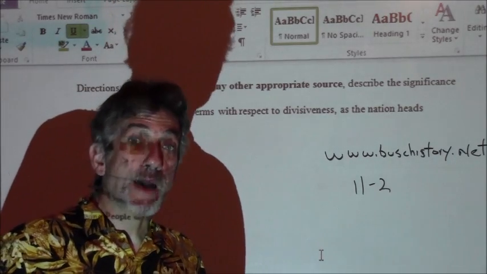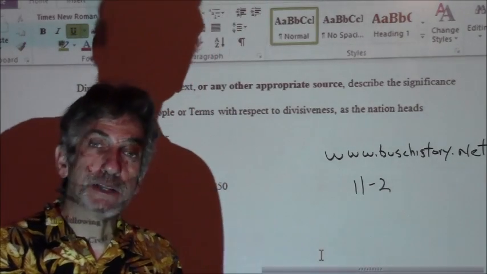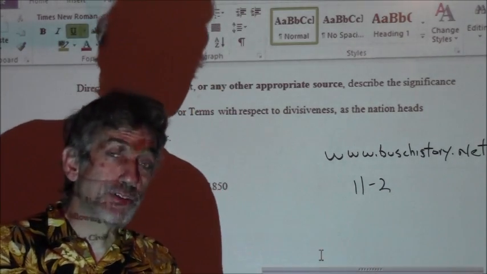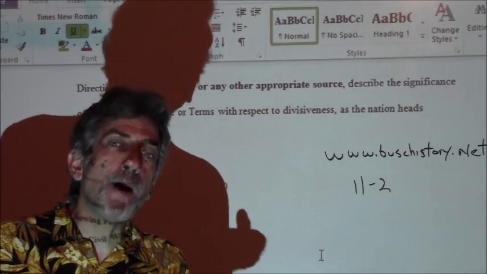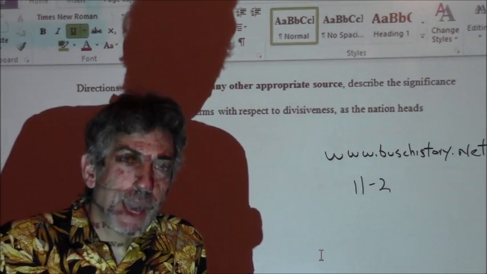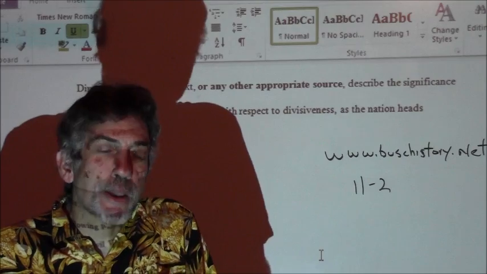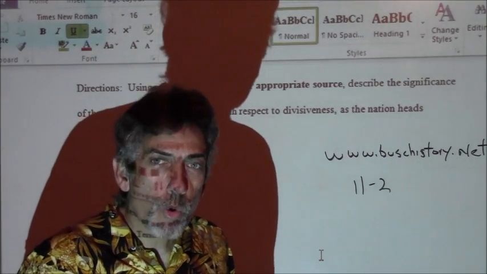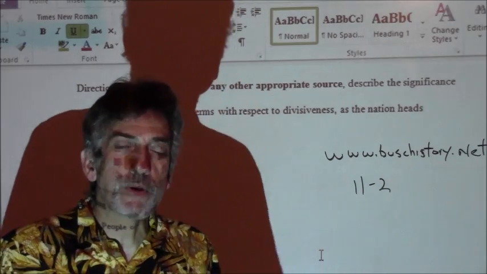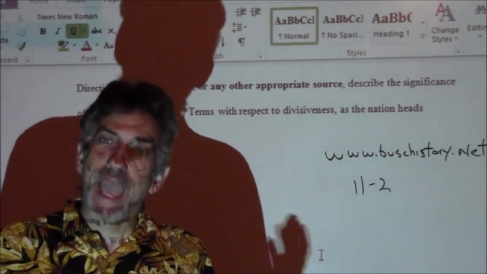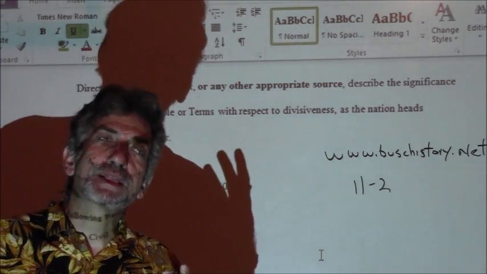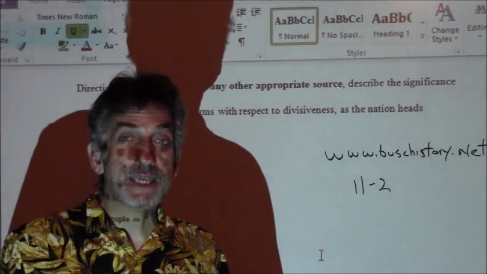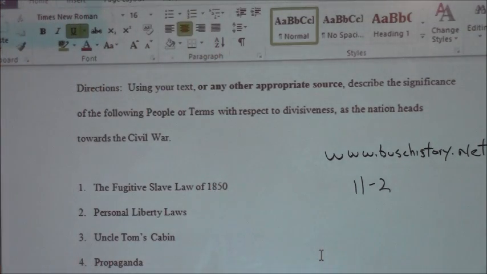On the other side of it, a guy by the name of George Fitzhugh wrote a book called Cannibals All, in which he said the North was worse than the South, that the factory owners in the North were eating up their workers until they died. That they would pay them almost nothing, they would use them until they could no longer work, and then just get rid of them, the way we get rid of bodily waste. So, cannibals all. Propaganda was an important tool today in politics and back in the 1850s as well.